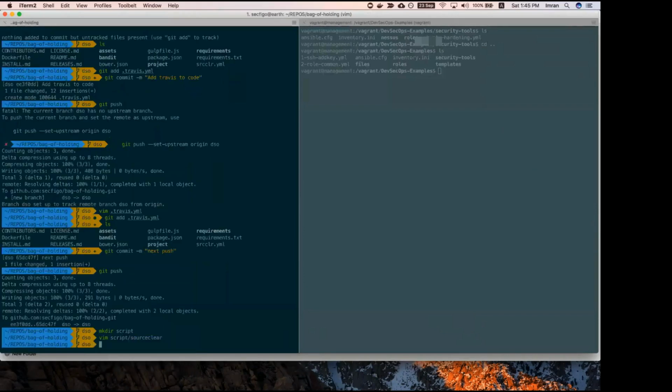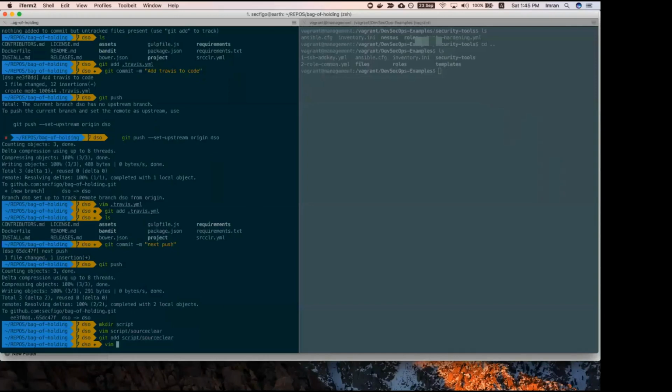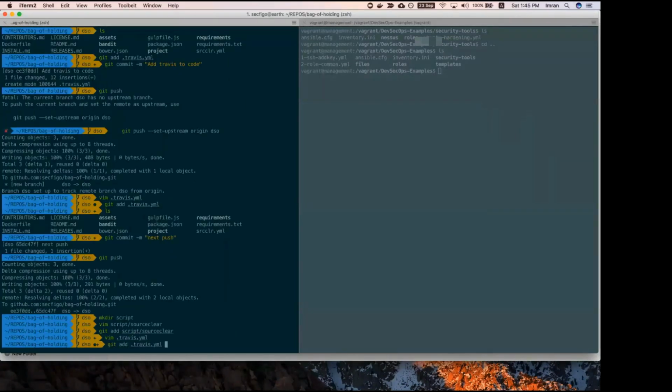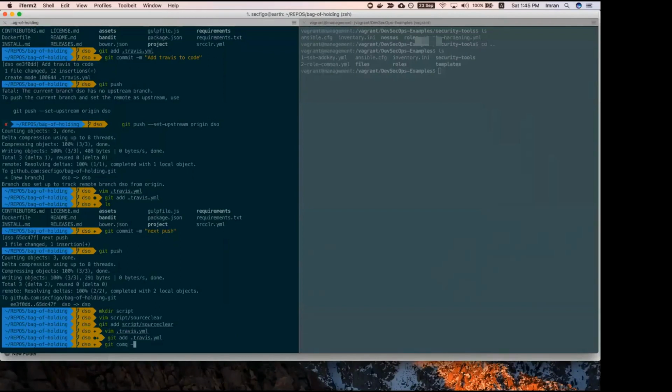Now we'll go ahead and add this to this one, and we also have to change our Travis to make sure that it runs this as well, right? Now, because we did not integrate Bandit yet, it will fail, which is okay, but Source Clear will pass. Okay, let's go ahead and add Travis to the Git. Now, let's add source clear,